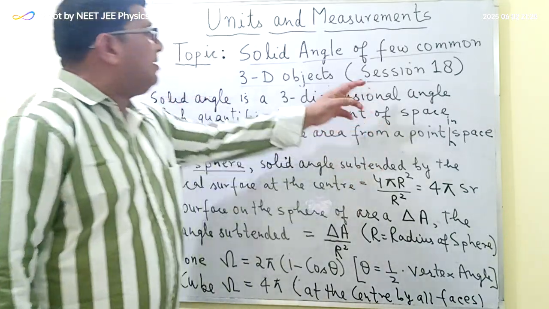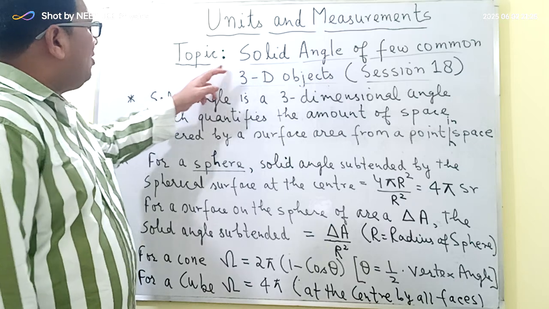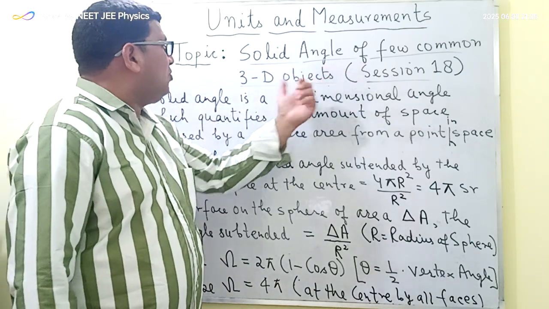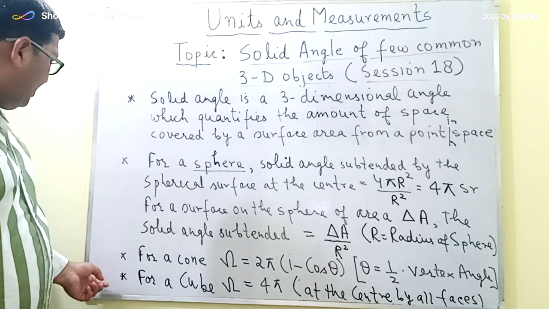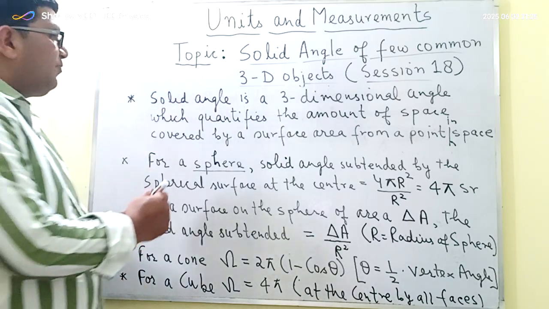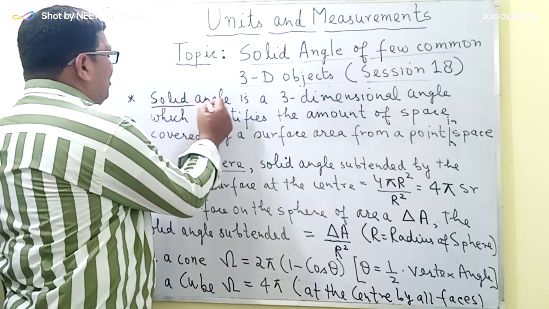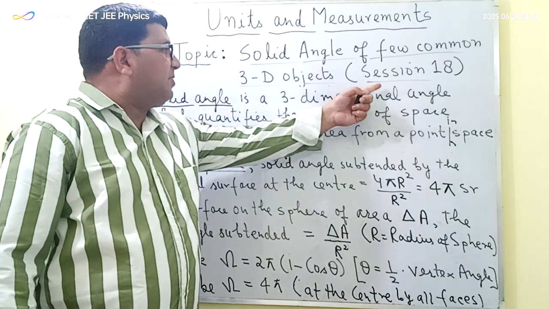Good evening and welcome to session number 18 from the chapter of units and measurements. The topic is the solid angle of a few common three-dimensional objects. Based on this topic I have written here four important points, and the first point is basically the definition of the solid angle, and we have already studied about the solid angle in the previous session, that is in